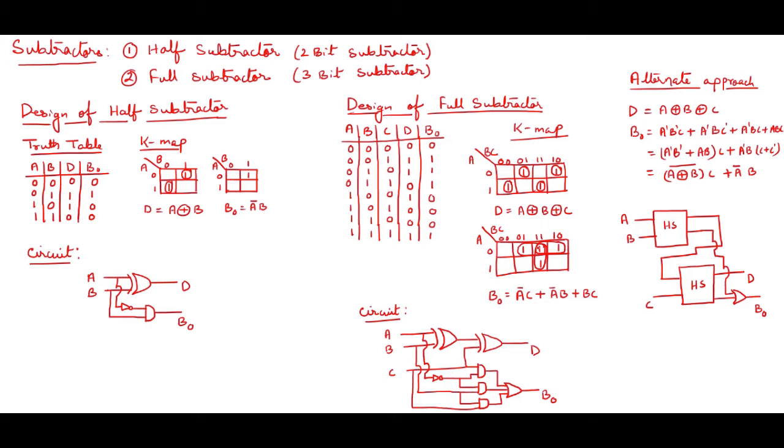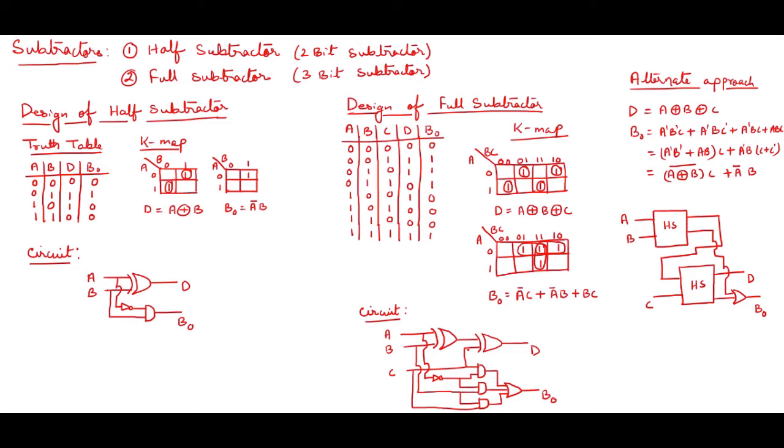So I'm getting 3 pairs, first pair, second pair, and third pair. So accordingly I have taken out the equation from here. The first one is A bar and C. For the second one you can see is A bar and B, and this one is BC. I've got this equation. So basing on these two equations, A XOR B XOR C and A bar C plus